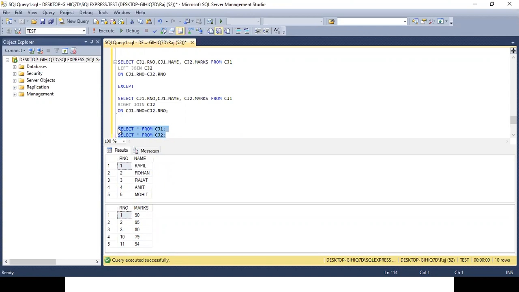Is it fine? So this can be used between two joins or can be used between two tables. I didn't get your question. Please elaborate. What are you trying to ask? Two joins or two tables?